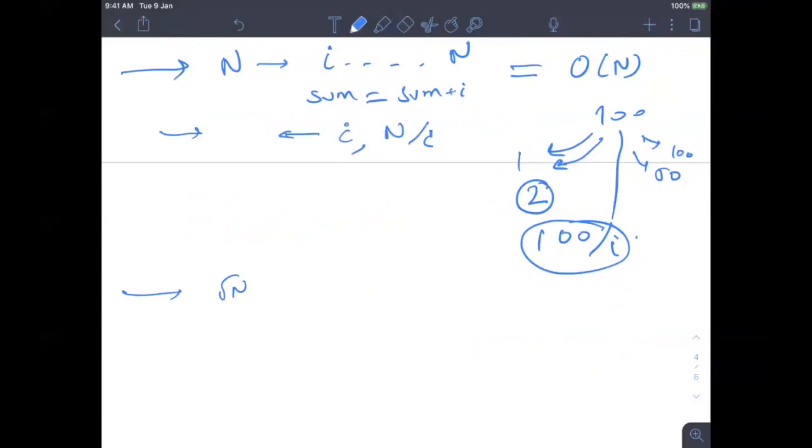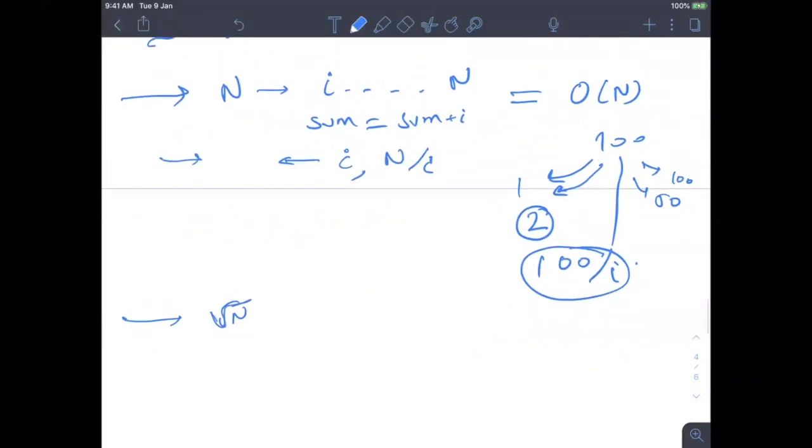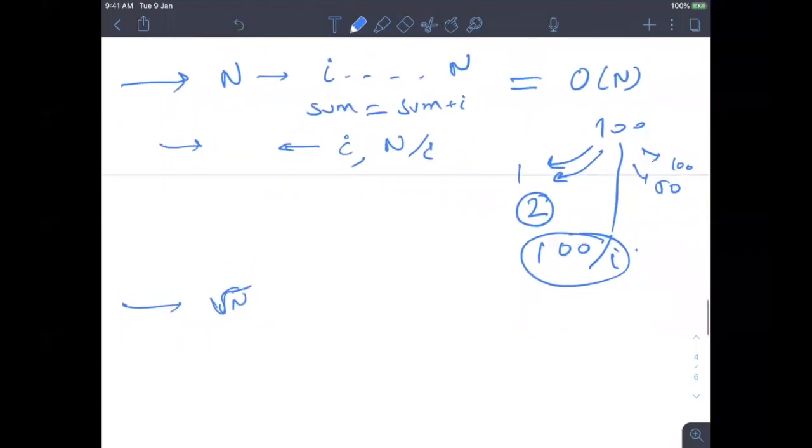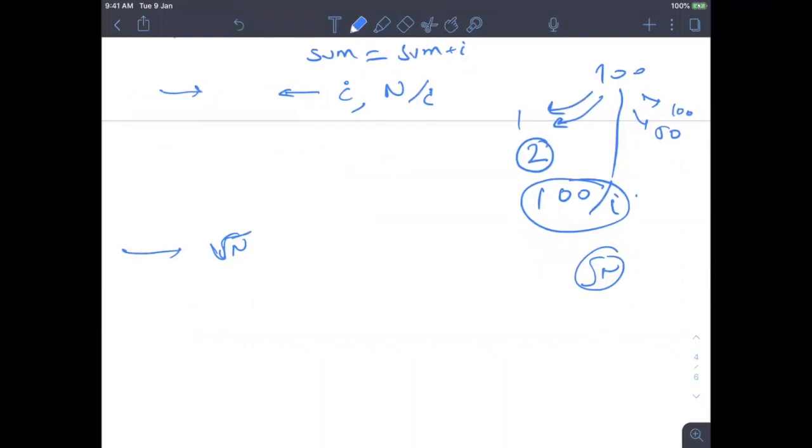There are also ways to optimize it further, but let's stick to this. So that's how we can see the power of numbers. Earlier we didn't even need to think about this, we just need to go till root n. Okay, so these are the questions. I don't remember the exact question, but I used this approach in solving one question. If I find it, I'll share it with you.